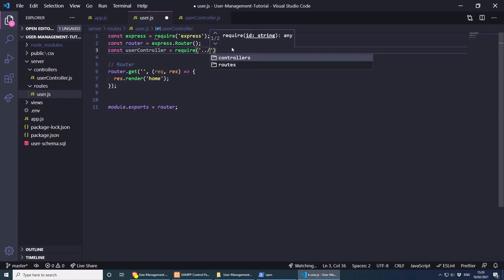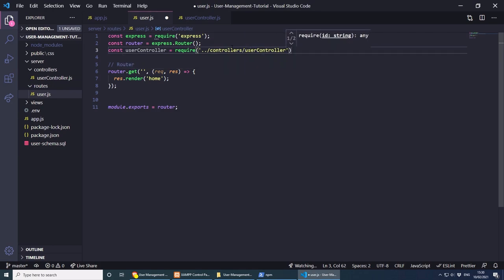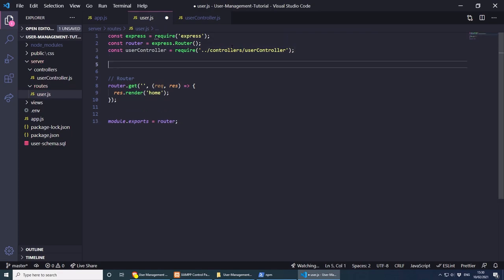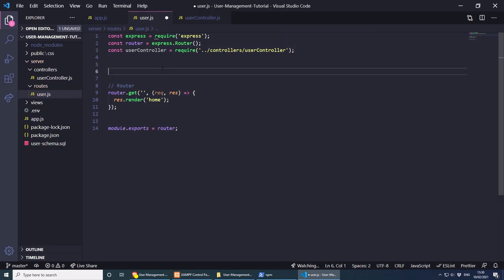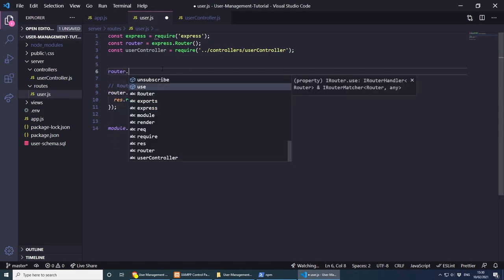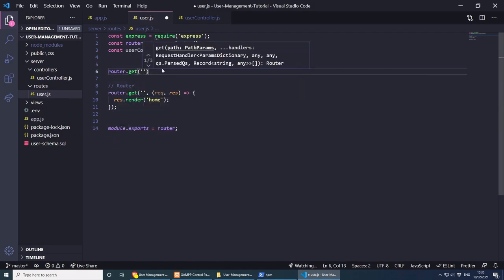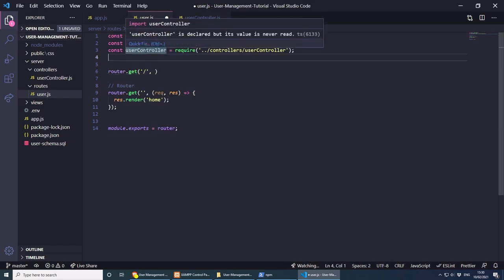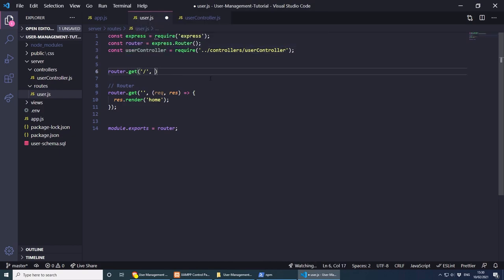Okay, two dot controllers, and then we need to select user controller. We don't need to specify JS, and we can just close this. And now in order to use this user controller, we can do router dot get, and because we want to hit the home page, we can just do slash, then comma, and then we can specify the controller that we want to use, so user controller, and then we need to specify